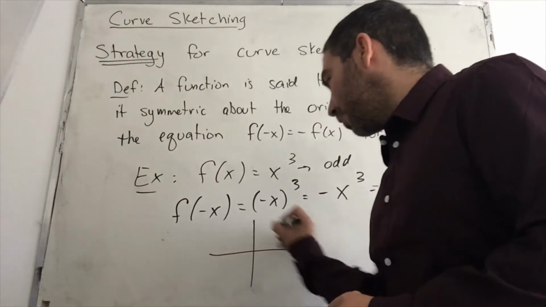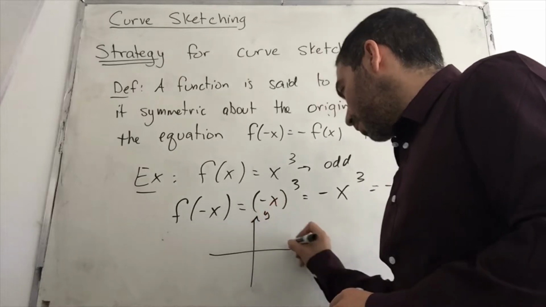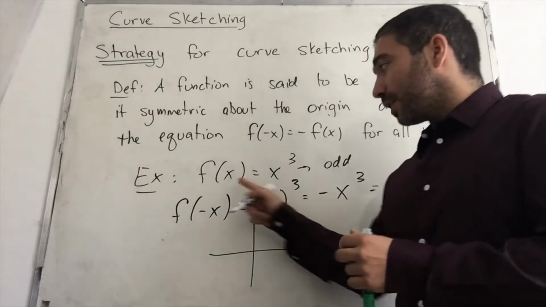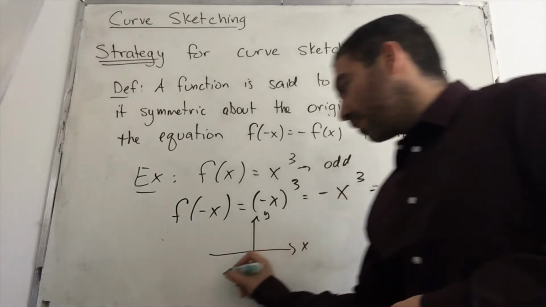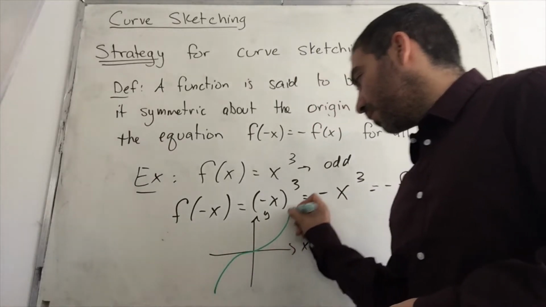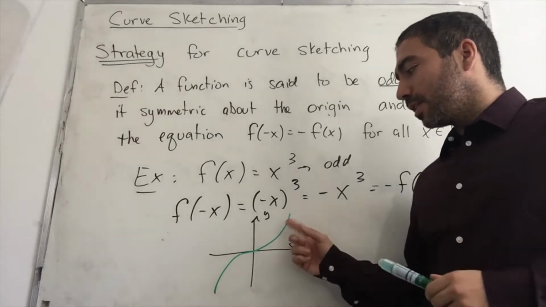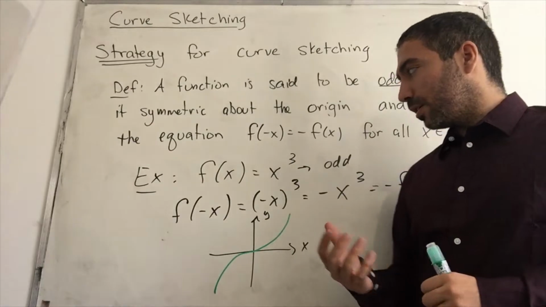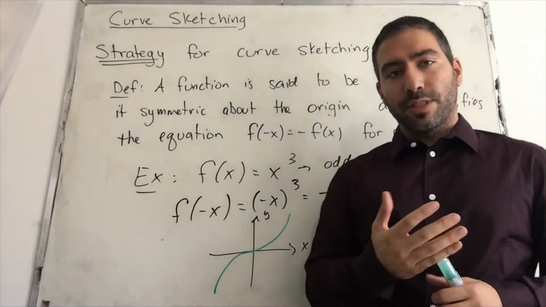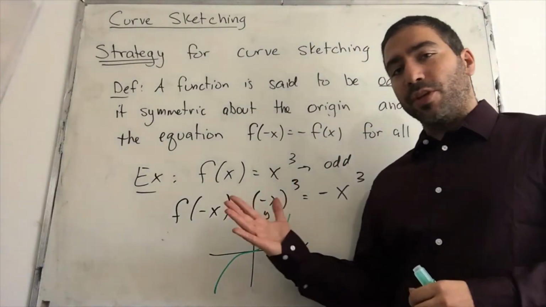If we sketch, just quickly, a x cubed function, what we get is something that looks like this. Okay, this is the function x cubed. How do we know it's symmetric about the origin? What does that mean? So essentially what you're doing is you're taking the first quadrant, you're taking the function there,